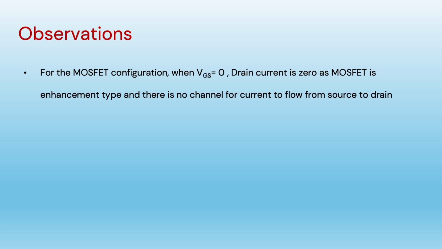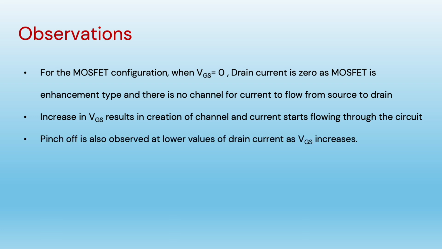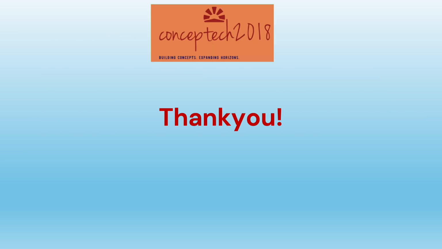to flow from source to drain. So, when we keep VGS 0, the drain current is 0. When we increase the VGS, it results in enhancement of the channel or creation of the channel, and current starts flowing through the circuit. We have observed the pinch off which occurs at lower values of the drain current as VGS increases. We have observed in this experiment that unless a channel is created between source and drain, the drain current is 0. So, a threshold value of VGS is required to create the channel and for the drain current to